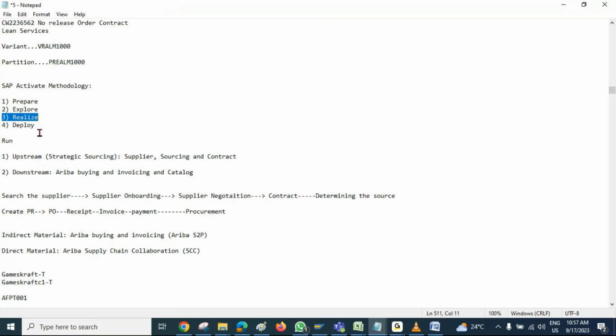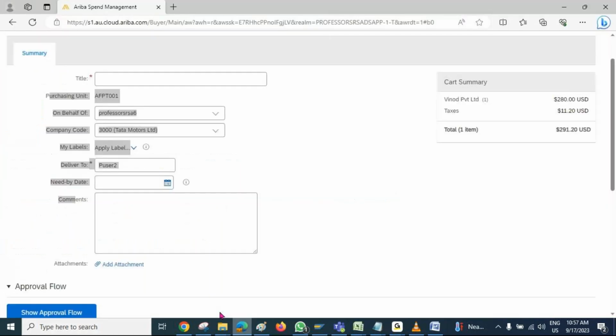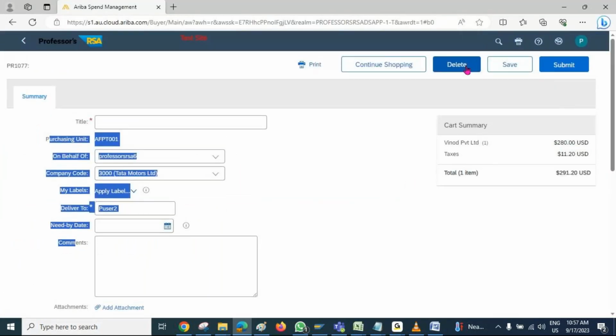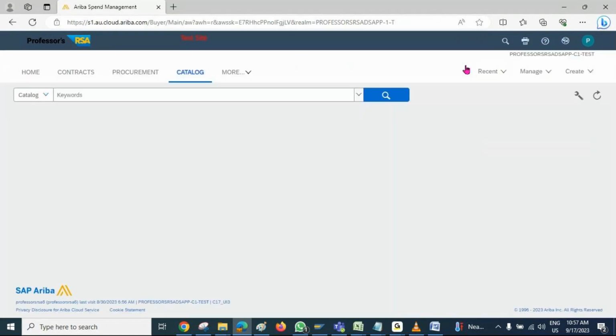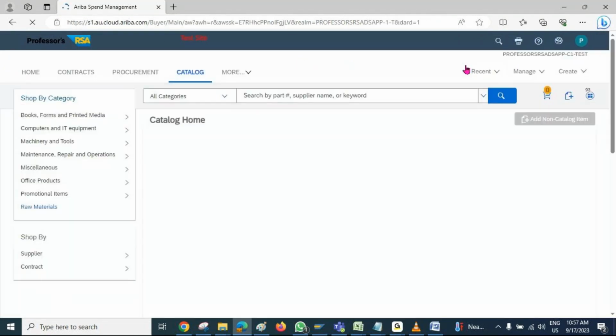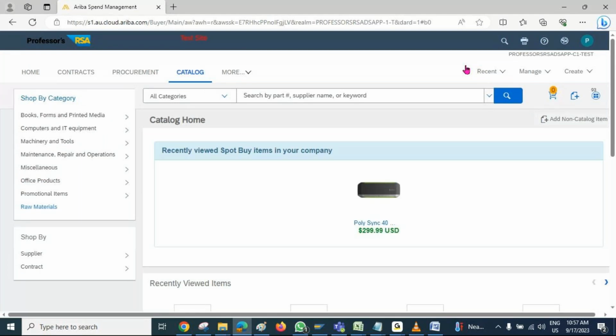So overall, as an Ariba consultant, you are not only responsible for the configuration part, because there is a myth among consultants. They think that our job is only the configuration part, right? That's not true. Before talking about the configuration part, you should know your machine. You should know your machine because when you talk to your client, they will never talk to you in technical language. They will never talk about the configuration part. They will talk in their business process.